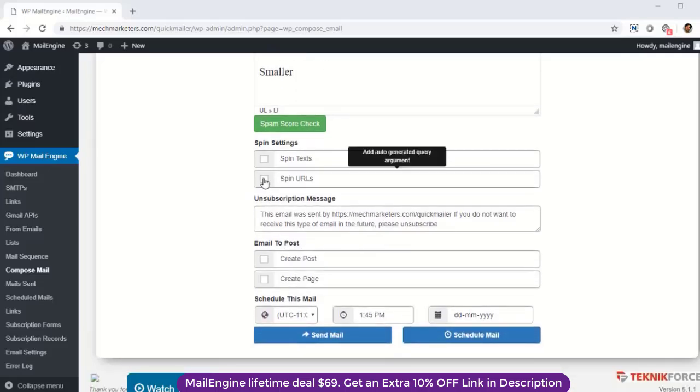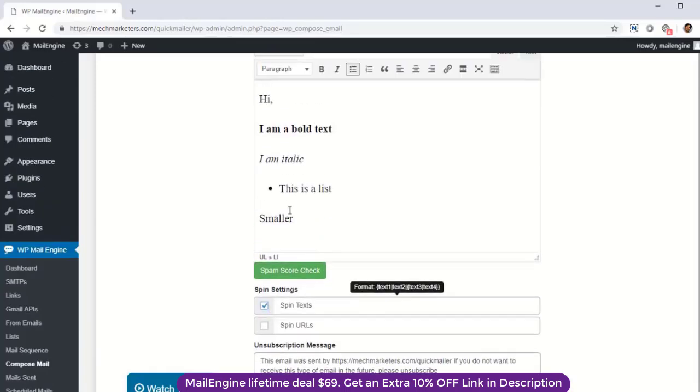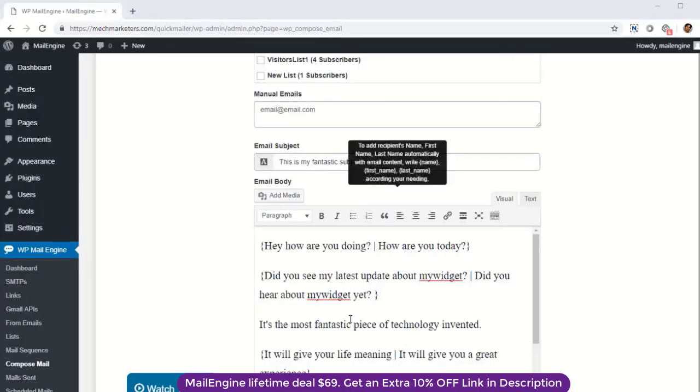Now the important stuff, it's got spin text right in the email. So I can write an email like this. This is standard spin text syntax. You put all the alternatives in curly braces and divide the options using the bar symbol. So what's going to happen is